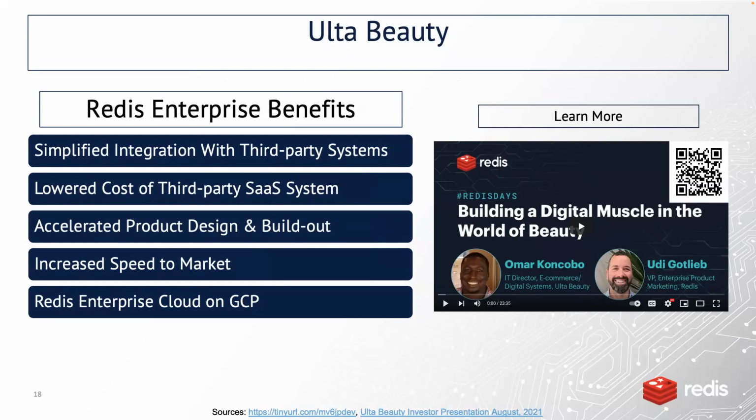He added that Redis Enterprise is one of the few things in the system he didn't have to worry about in their stack. We appreciate that, Omar. It is a fantastic testimonial and speaks to the power of Redis Enterprise and the partnership that we have built